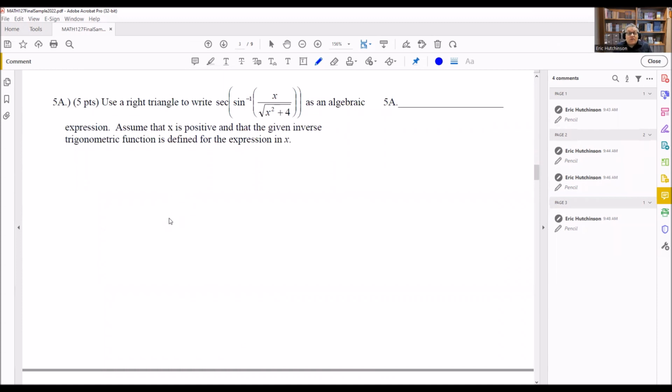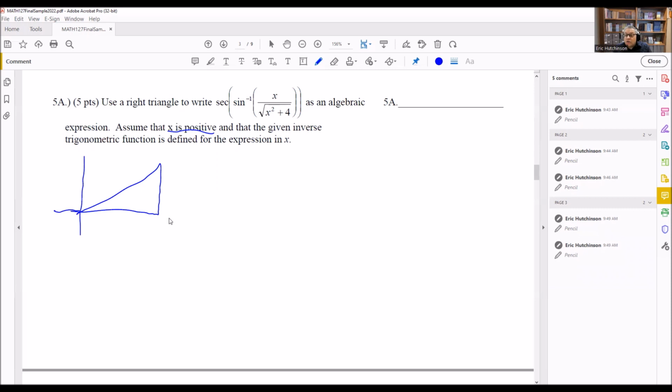All right, so number 5 is dealing with inverse trig. It says use a right triangle to write this as an algebraic expression. Now, this is important here. It says assume that x is positive. That's just telling you what that allows you to do, which is draw a triangle